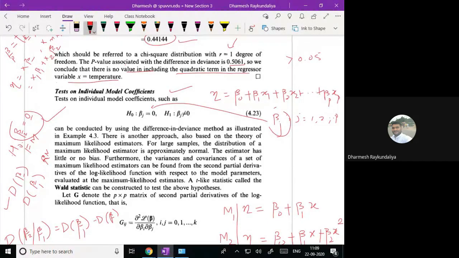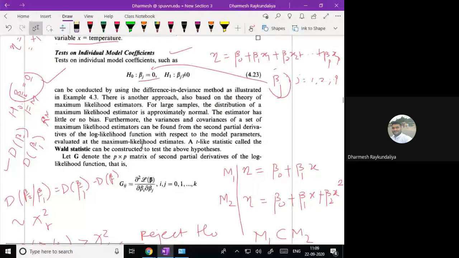Now, the age of the patient is also affecting the curing of the patient. So if I am saying that age has no impact on the curing of the patient, it is purely the impact of either the drug or the placebo. So for that setup, I simply take the coefficient of age to be 0. So let us say the coefficient of age is beta j, and we test whether it is 0 versus beta j not equal to 0. This particular hypothesis can be computed using the difference in deviance method, as I just discussed with you.